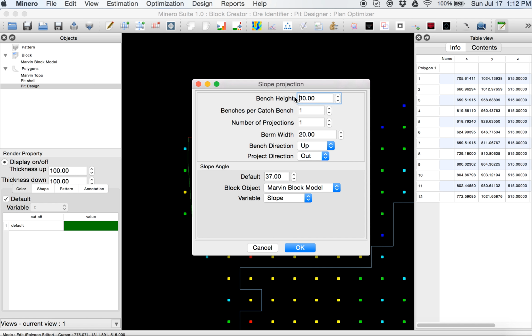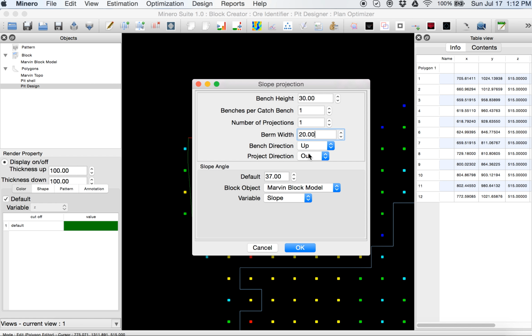So here in slope projection, we'll need to predefine how many benches per catch bench we want to use, number of projections, berm width, bench projection which is going to be up and down, and projection direction. If it's a pit, this setup is for pits, up and out.